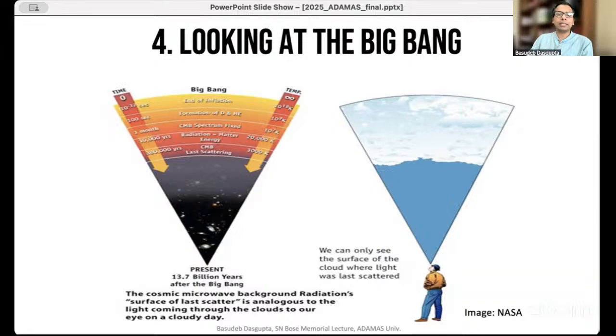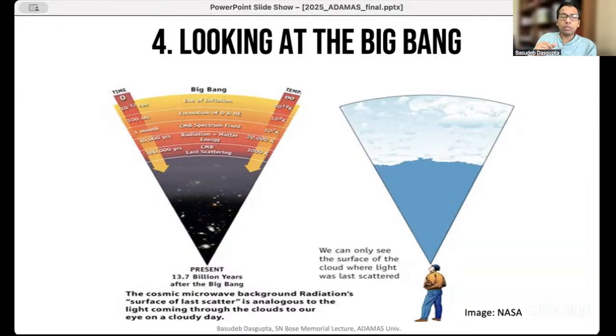When you're looking at the night sky, let's say we focus on the picture on the left, when you're looking far away, you are getting light from that far away part of the sky only after some time, because light takes some amount of time to reach us. So if you're looking really, really far away, you are looking at the universe as it was many, many years ago. So if you're looking at a part of the universe that is billions of light years away, then you are looking at the universe as it was billions of years ago.